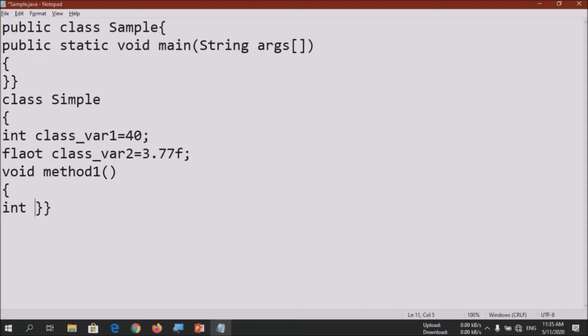Now again declare more variables of method 1. So I will make it like that. Let's initialize it again. Give the value 10. Enter. Another float type.